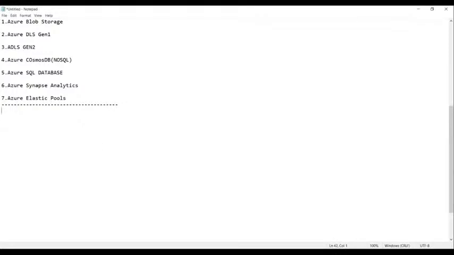The first one, we go ahead with components in ADF. So here, the following are the components required in ADF.